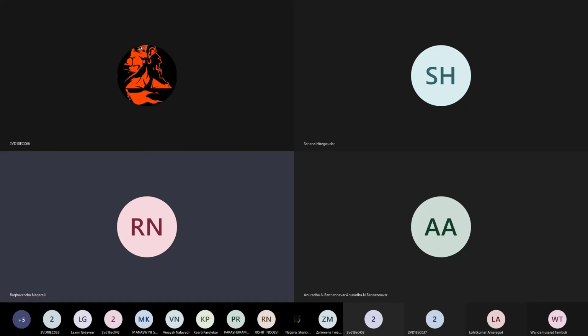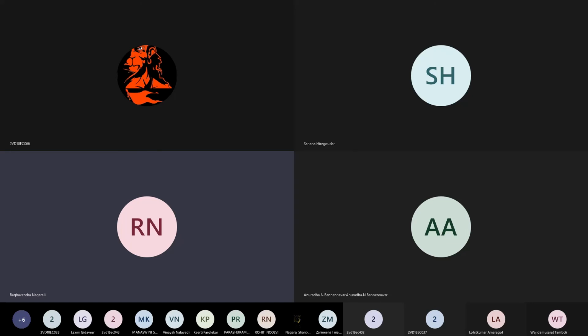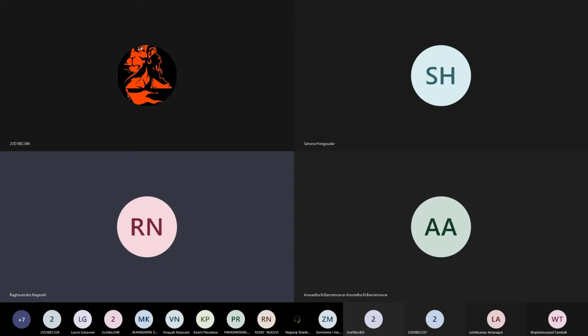So in the previous class we were discussing the Shannon encoding algorithm. We have seen one problem, how to construct an instantaneous code using the Shannon encoding algorithm. We saw the steps first, and then followed them with one example and constructed one instantaneous code. Today we are going to see one more example for that same encoding algorithm, that is Shannon's binary encoding algorithm. After that we will discuss the next encoding algorithm, the Shannon-Fano encoding algorithm, which is nothing but an improvement to the previous one.